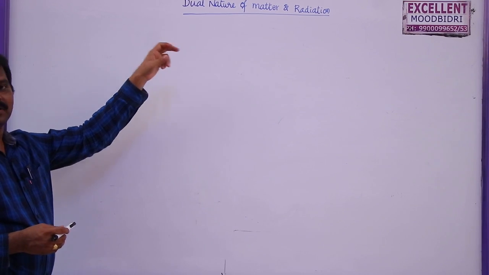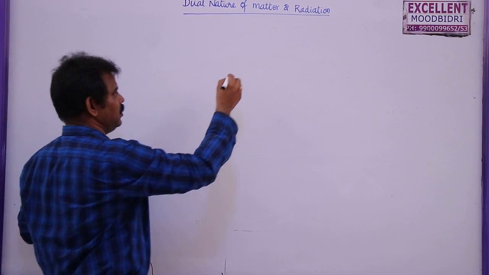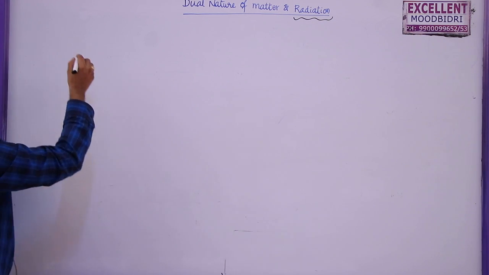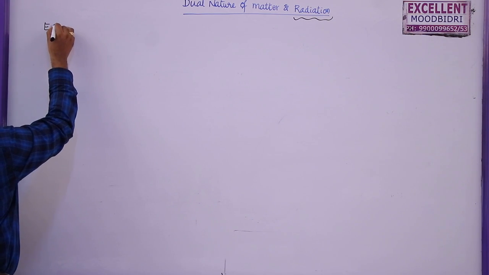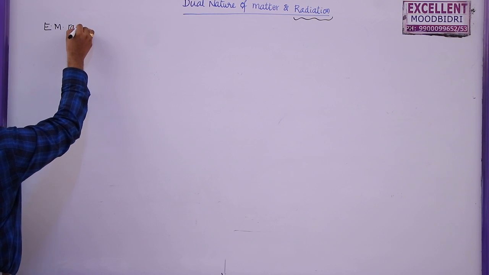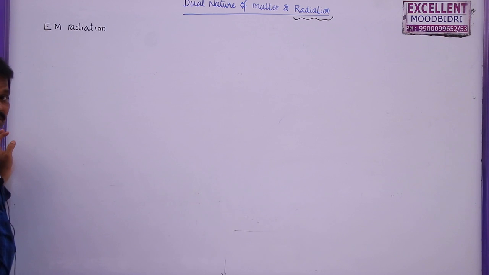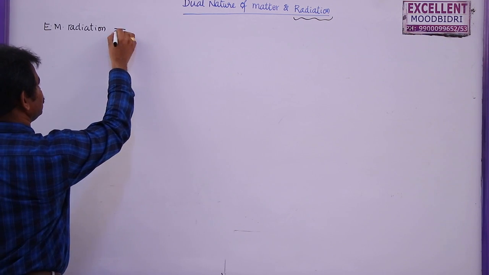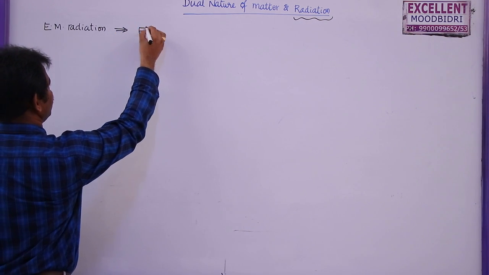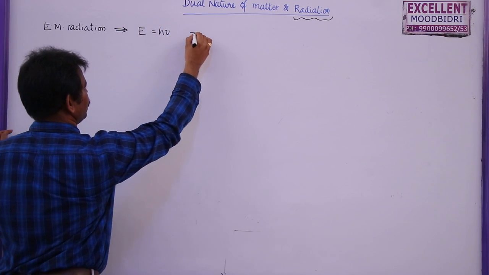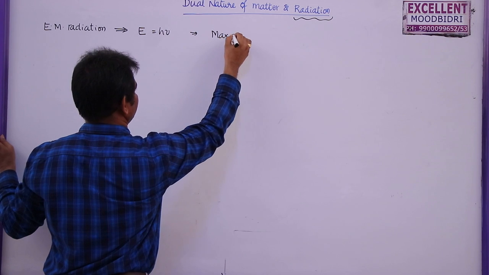Dual nature of matter and radiation. So here, if you take the radiation, that is electromagnetic radiation. The electromagnetic radiation has some energy. This energy of electromagnetic radiation is given by E is equal to h nu. This is proposed by Max Planck